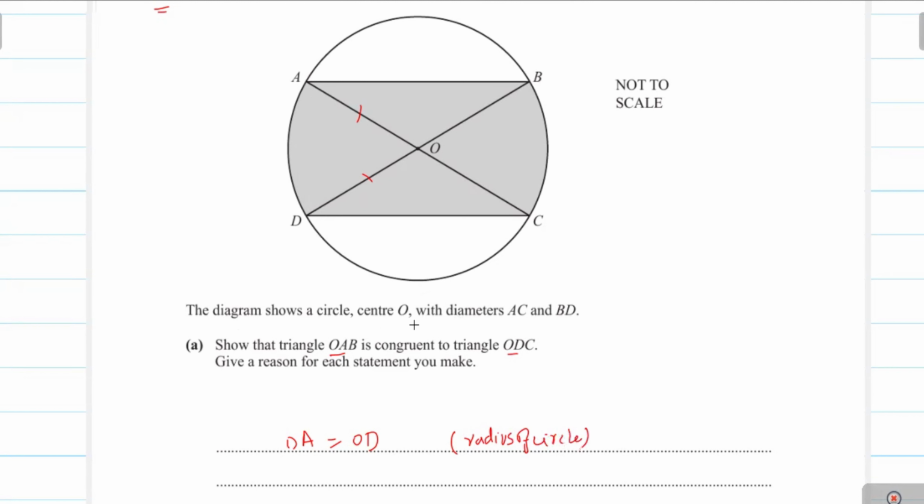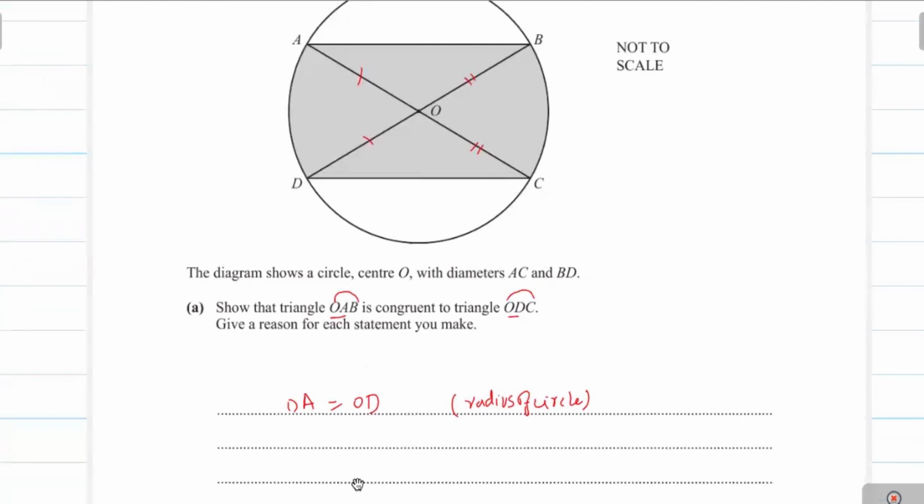Next is the length OB is equal to OC. This length OB is equal to OC because these lengths are also radii of the circle. Next is the angle AOB